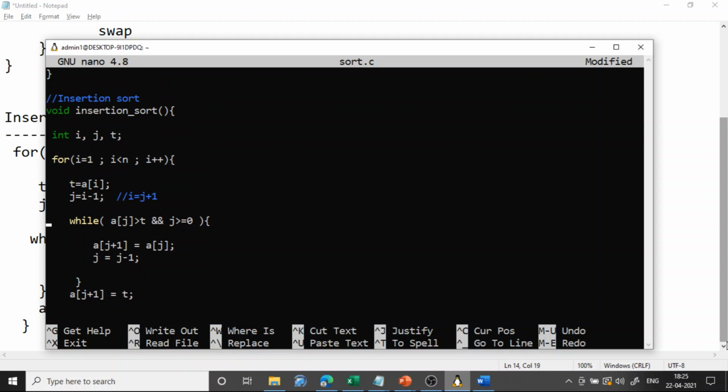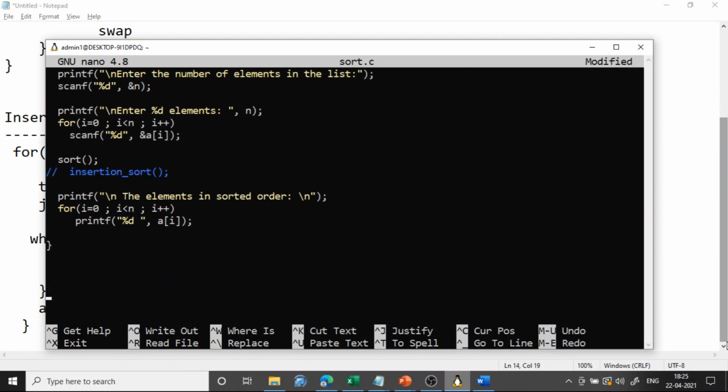The algorithm name is insertion underscore sort. So instead of calling sort, now I'll call insertion underscore sort. Okay, this will call the insertion sort.